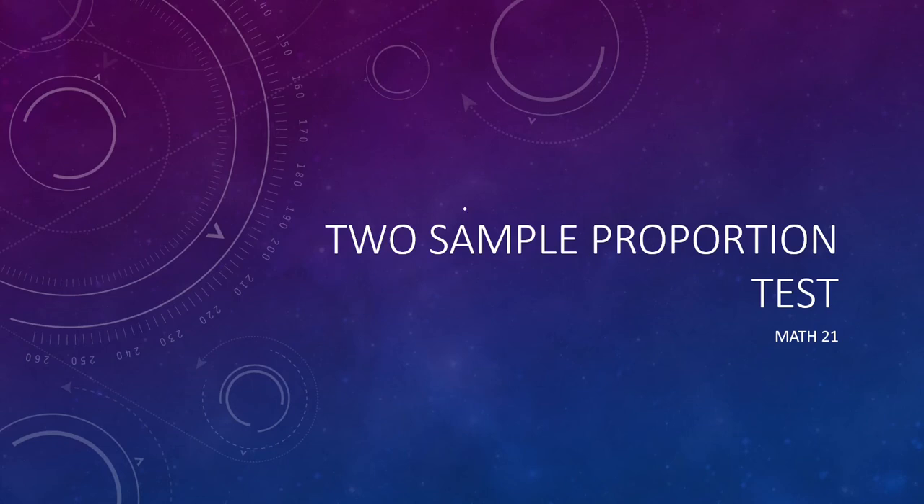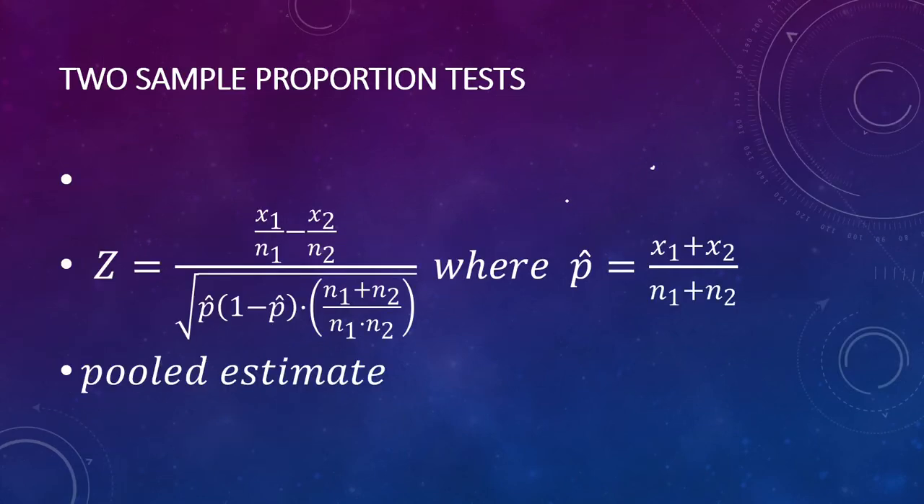Today we're going to look at two sample proportion tests, and here is our test statistic. Z is equal to the number of successes of the first group divided by the sample size of the first group, minus the number of successes of the second group divided by the sample size of the second group, and that's all over the square root of p hat times the quantity 1 minus p hat times the quantity of the sample size of the first group plus the sample size of the second group divided by the product of